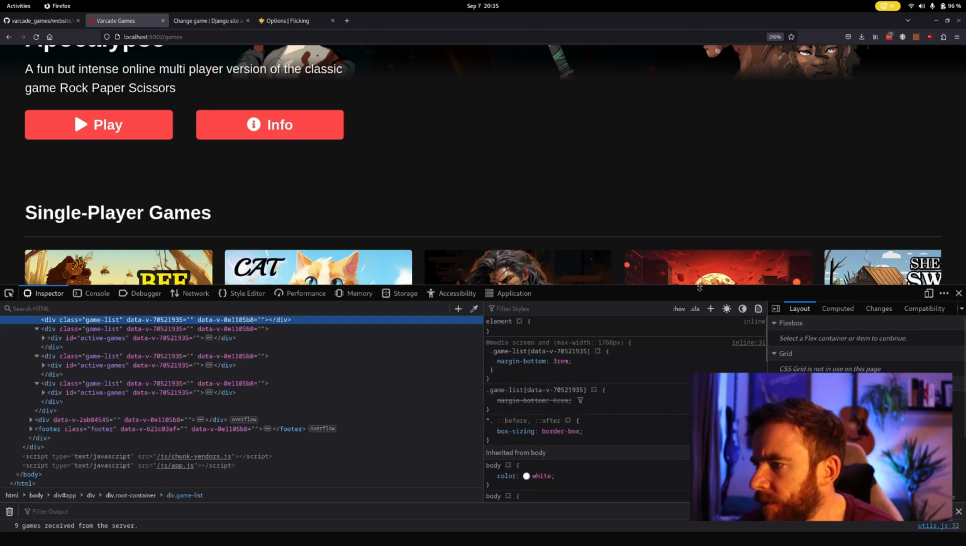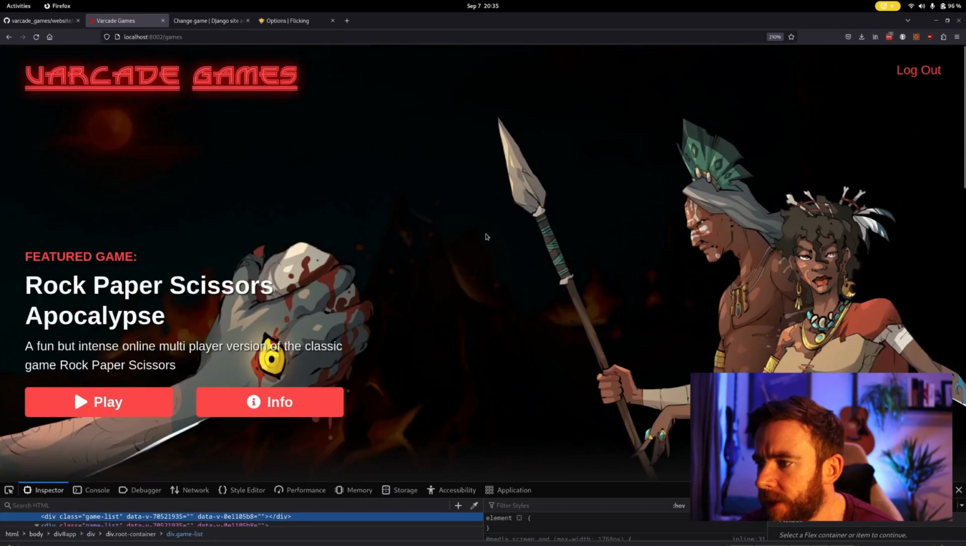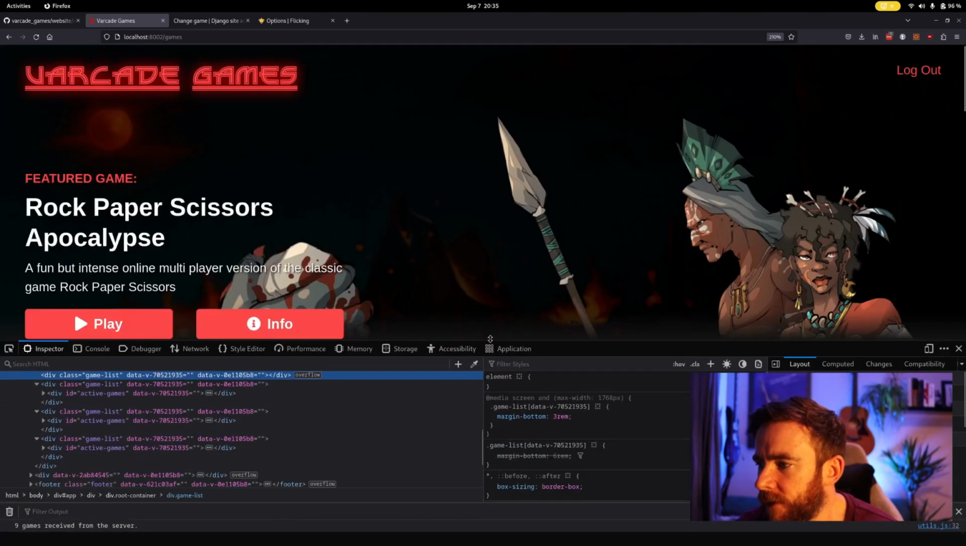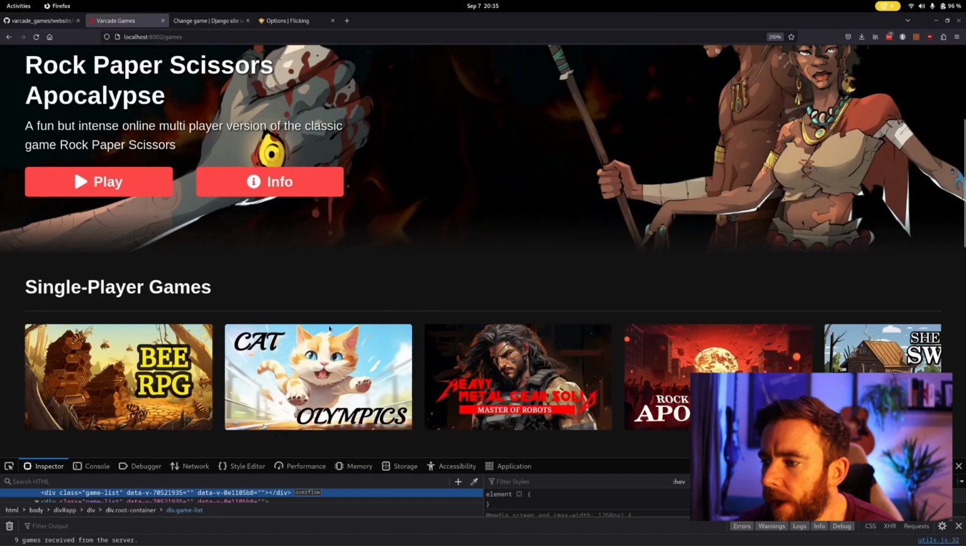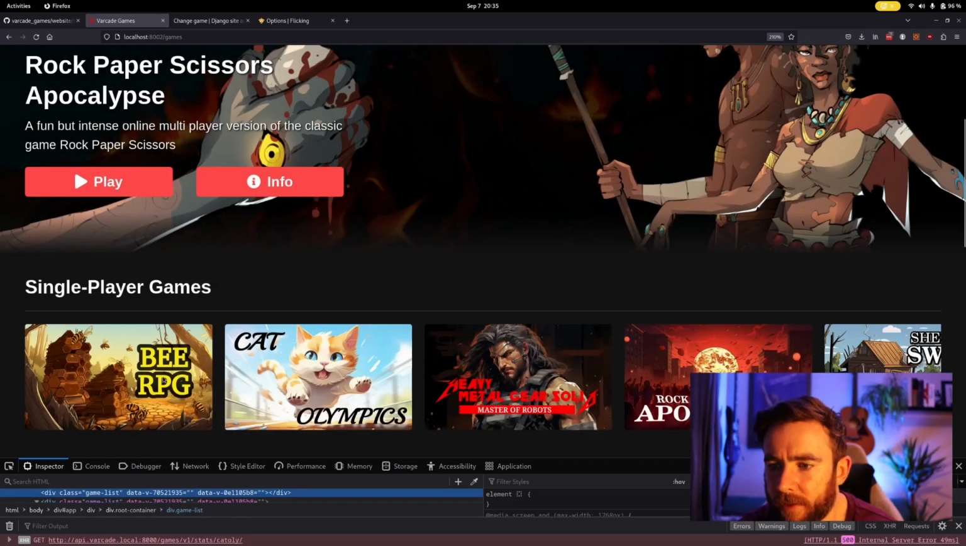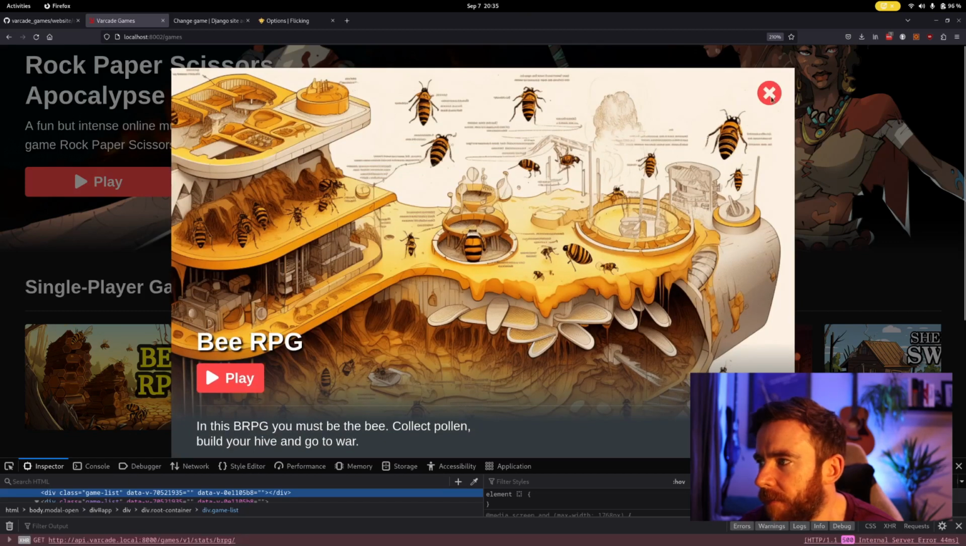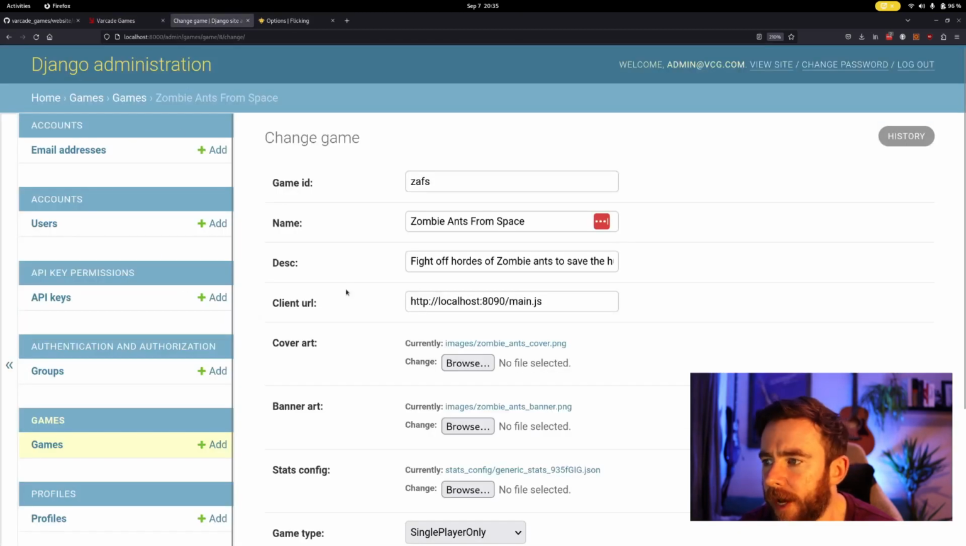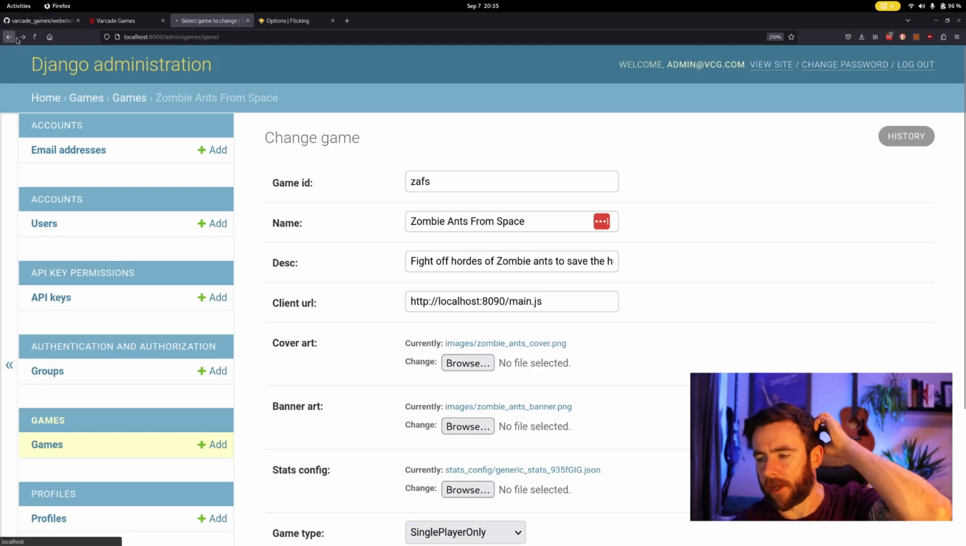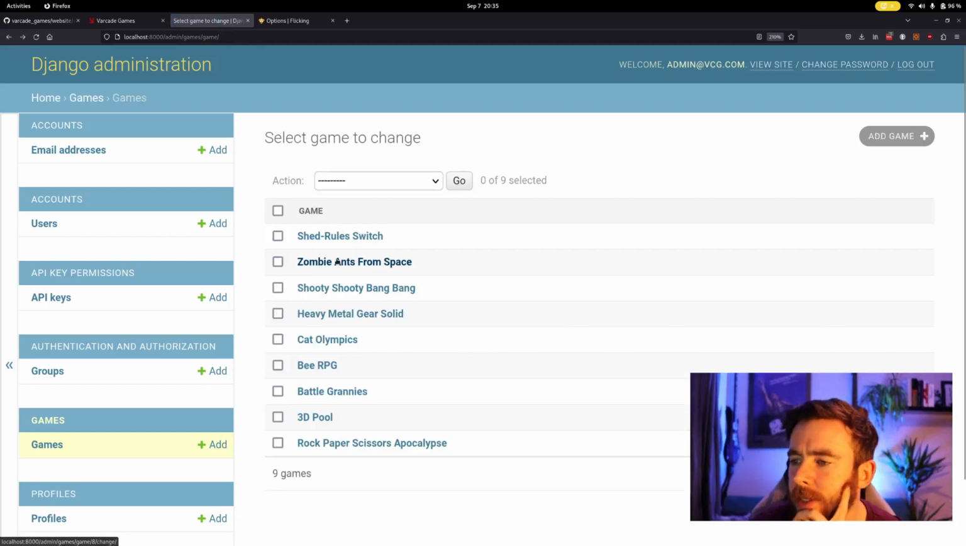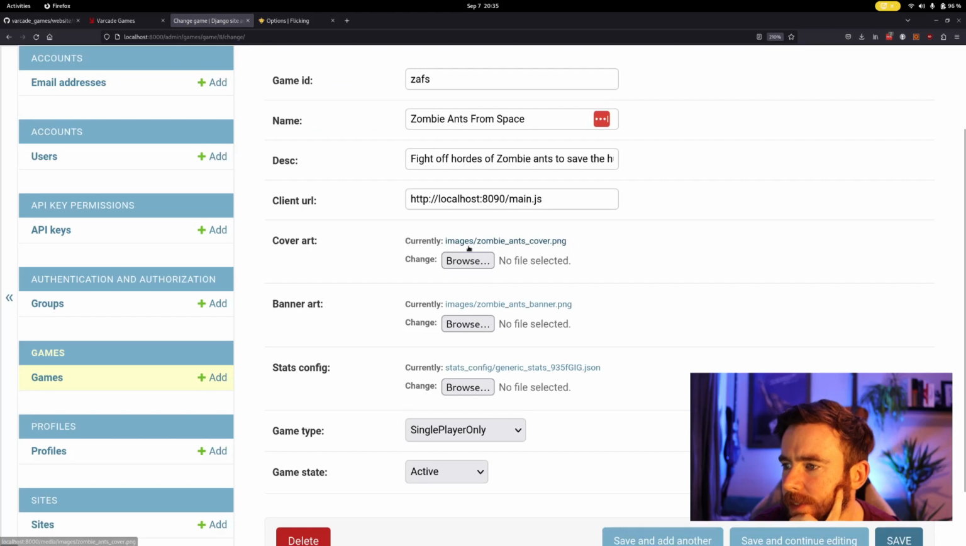Make some other changes to the website. If there's anything you don't like about this UI design, maybe you can go and change it. In fact, here's another challenge for you. In every one of these games, when you click it, you'll remember from the admin panel earlier on, we uploaded a picture and a banner for each one. And if I go to the admin and go to Zombie Ants from Space, you can see that this image here for the banner is